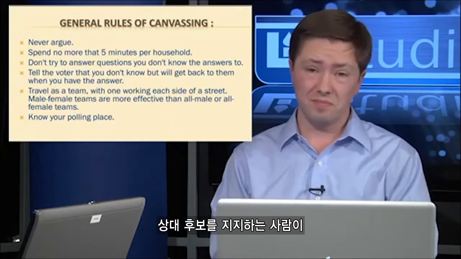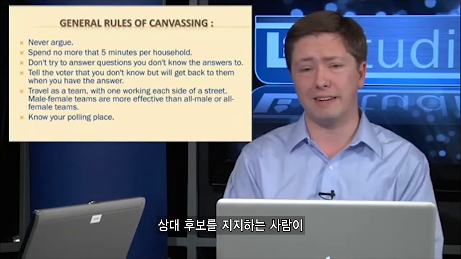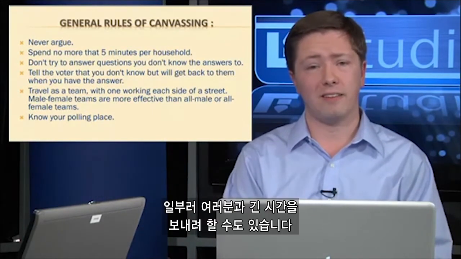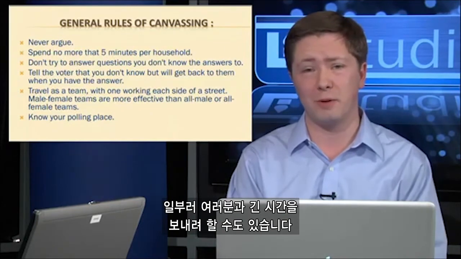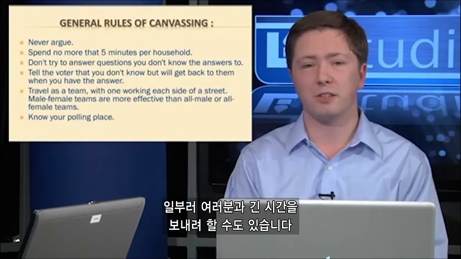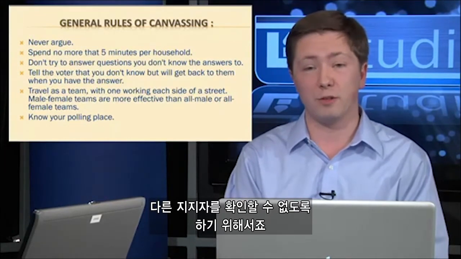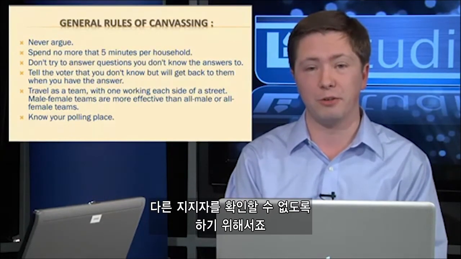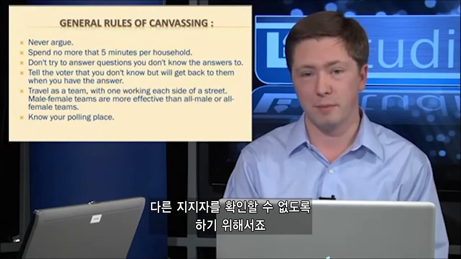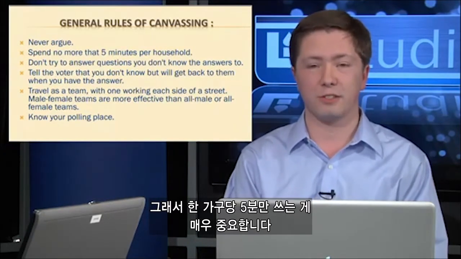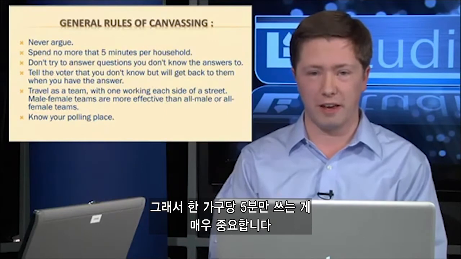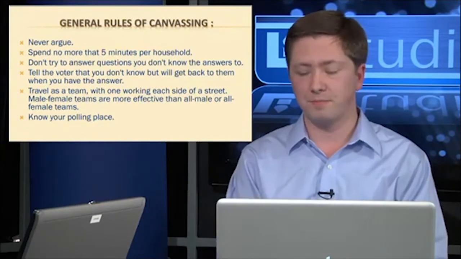And one thing: if it's somebody who you suspect might not agree with your candidate, they may want to spend time with you at the door anyway to keep you from other doors. So be very aware of that. The other side, on whatever side, may be interested in making sure you don't meet your goal of 50 potential voters in a neighborhood. So it's very important to spend only 5 minutes at a door at the most, and then move on. I definitely do that.